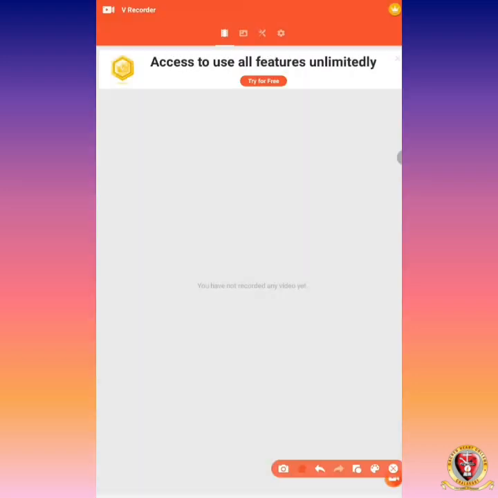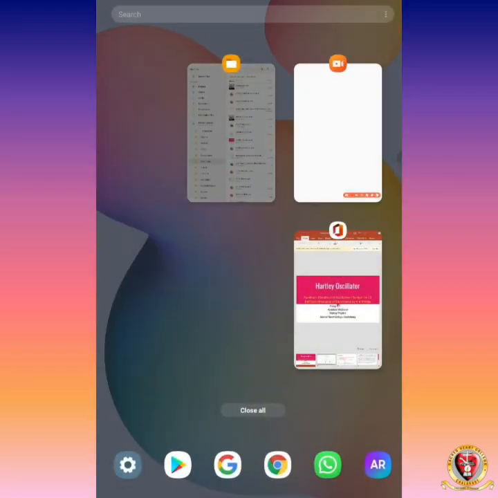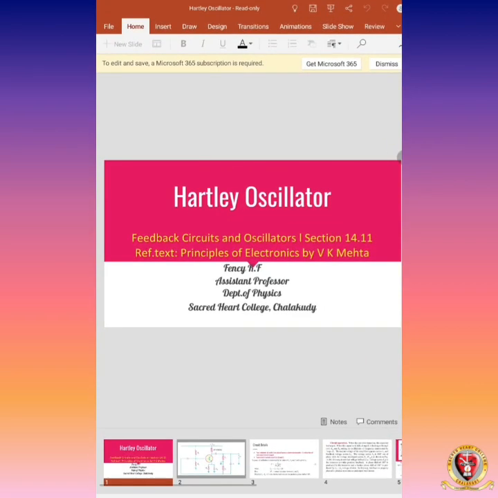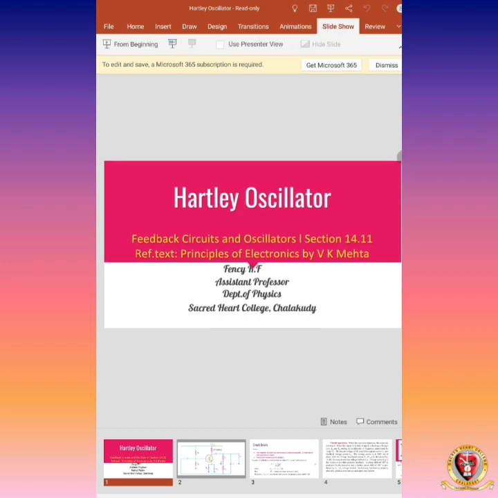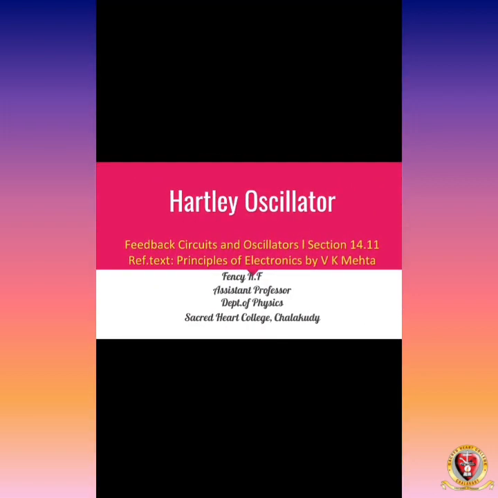So let's go to one PowerPoint and we can use it. So for that I have taken one PowerPoint, and here I can make it as a slideshow presentation. And in this slideshow you can see in the right side this option. This is the option of screen recorder.